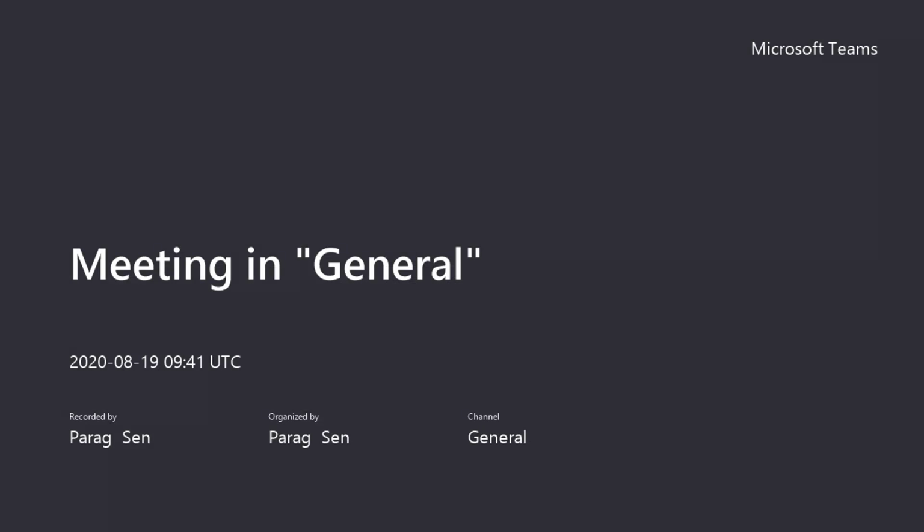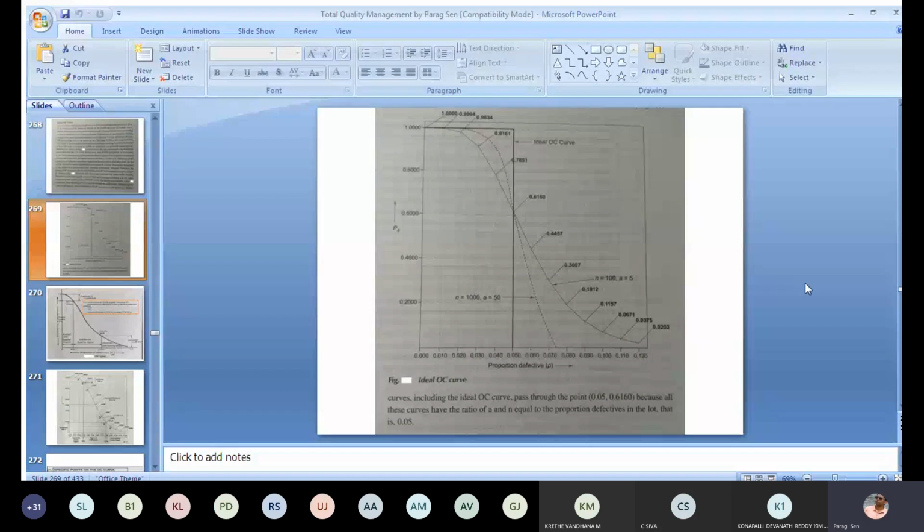We had a discussion over the ideal operating characteristics curve, which is represented by this black thick line, and we have seen the practical operating characteristics curves, which are based on Poisson distribution, and these are represented by these thin black dotted lines. And we have noticed that in case of this curve,